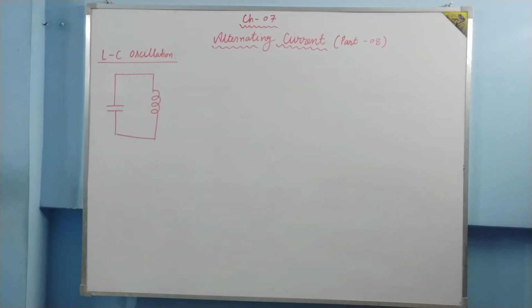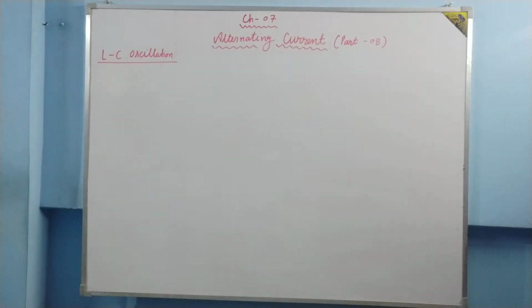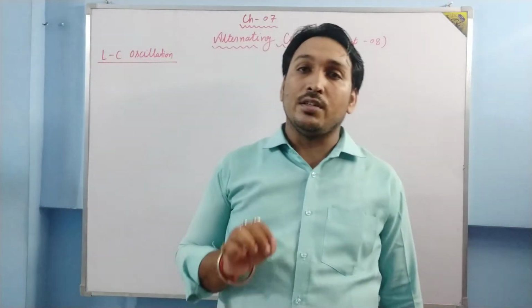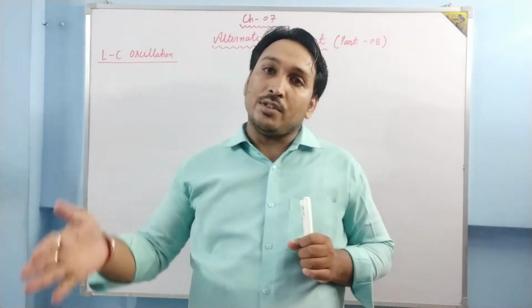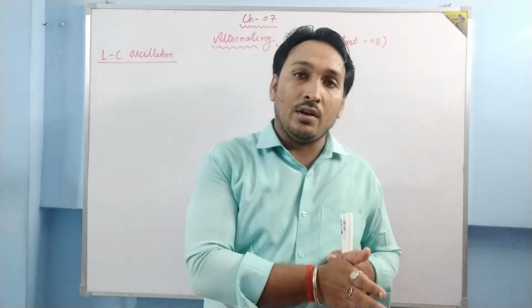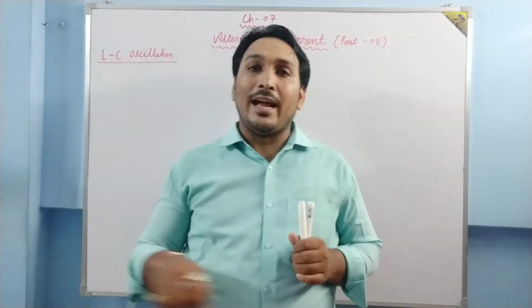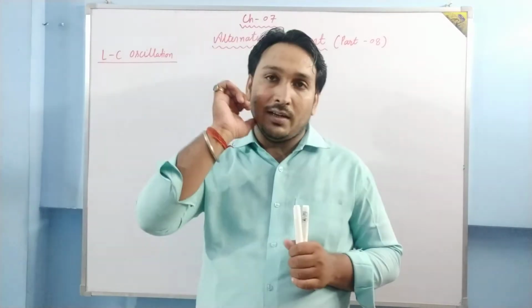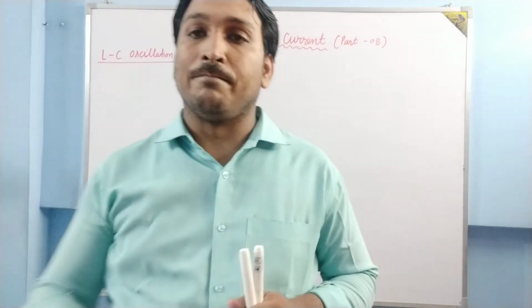This process goes on, and that is why it is called LC oscillation. Let me make all the circuits, and then we'll try to understand how this happens. So what is LC oscillation? Let me give you a brief. LC oscillation is simply an inductor-capacitor series circuit in which the capacitor discharges itself across the inductor, and the induced current in the inductor charges the capacitor. It happens in a loop, right? So this is what LC oscillation is all about.